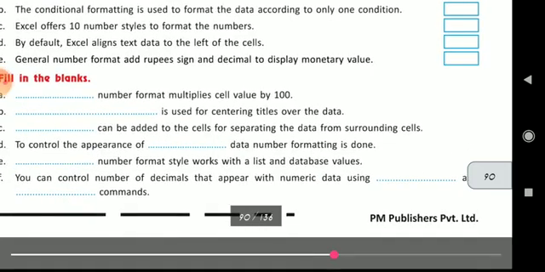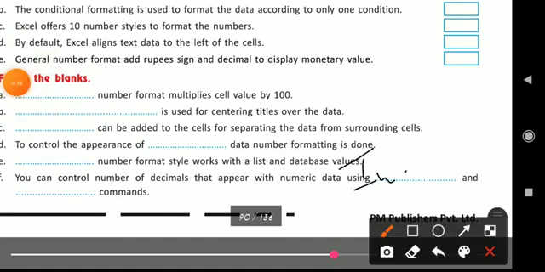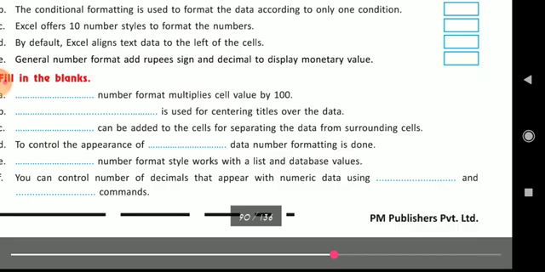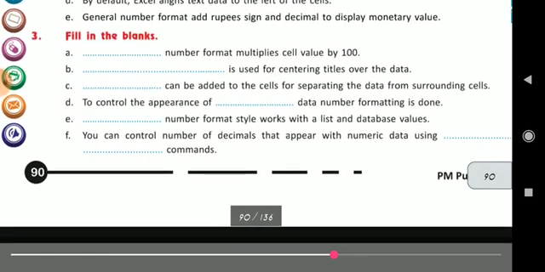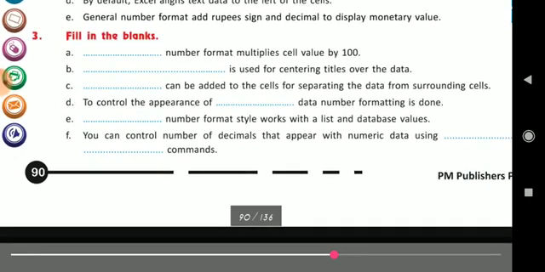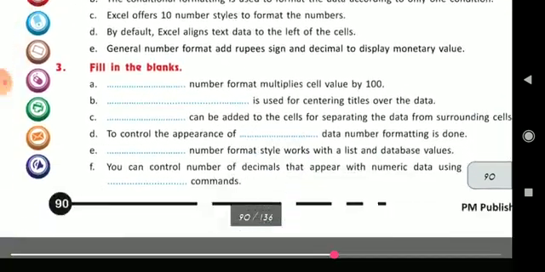In the first blank you will write increase decimal, and in the second decrease decimal. Increasing and decreasing. Okay. So now we have also completed our fill in the blanks, true, false, and tick the correct.